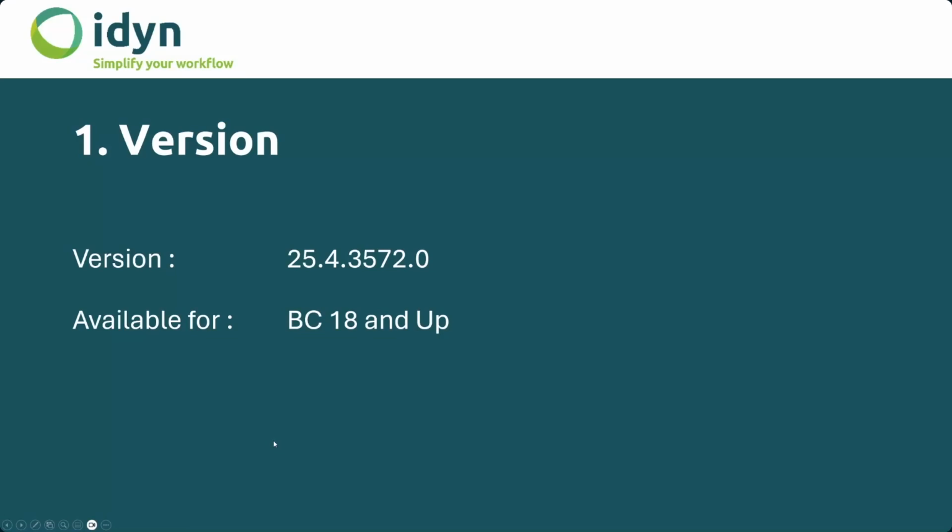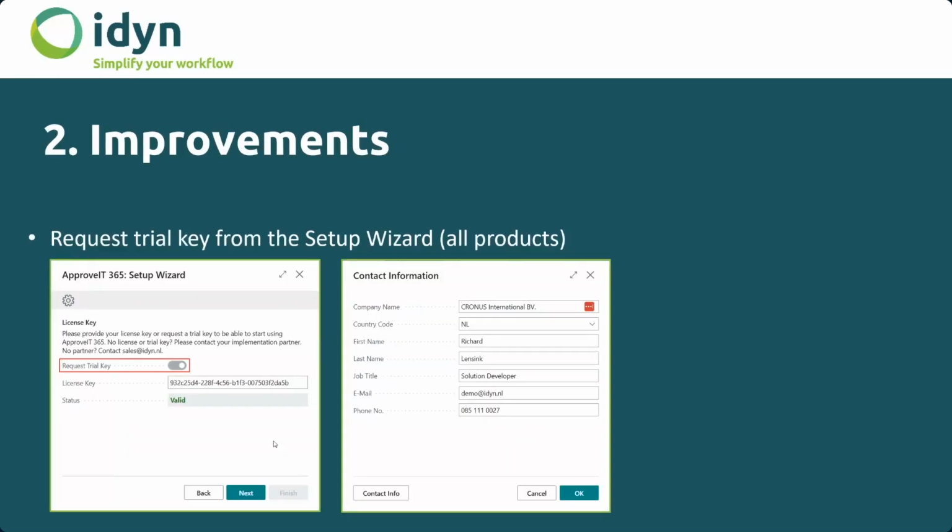Today we're looking at the Q1 release for 2025, which is available for BC 18 and up. We will go over the new features first, and I'll show you those in a moment in our Business Central environment. First thing we will discuss is the option that we now have introduced to request the license key directly from